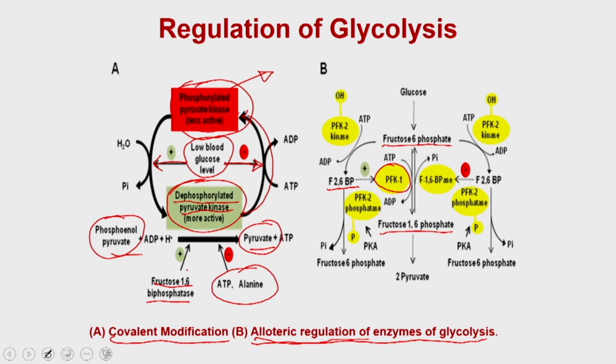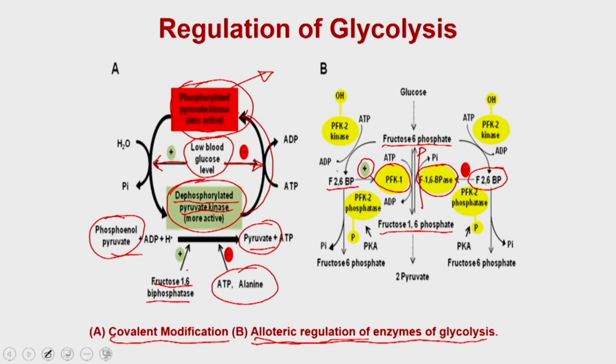Similarly, fructose 1,6 bisphosphatase, which drives the reverse reaction, also has an allosteric binding site for fructose 2,6 bisphosphate, and fructose 2,6 bisphosphate is positively regulating the activity of phosphofructokinase 1, and that